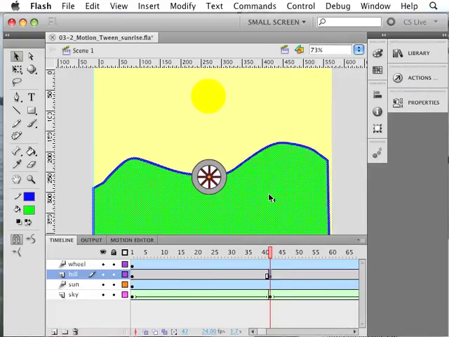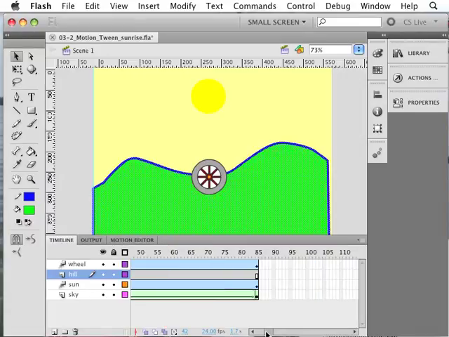Now you didn't see a whole lot of change on the screen because it was pasting something that was already there. However, you will see in the timeline that it actually generates a keyframe when I do the paste. So I'm just going to undo that. And with it still in my pasteboard,